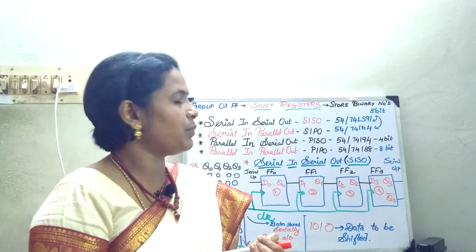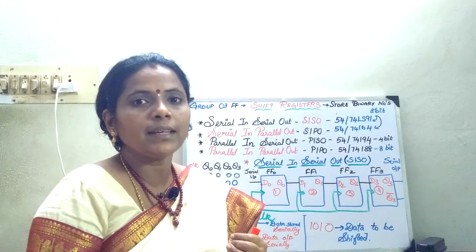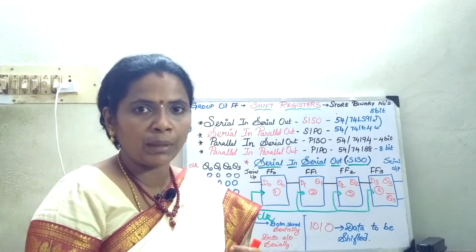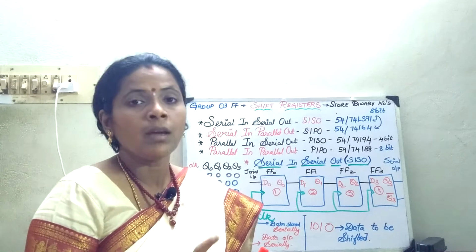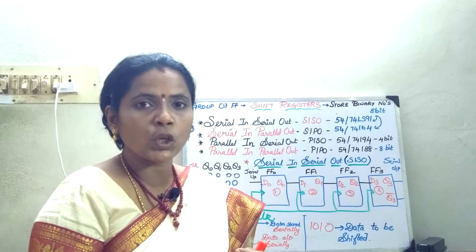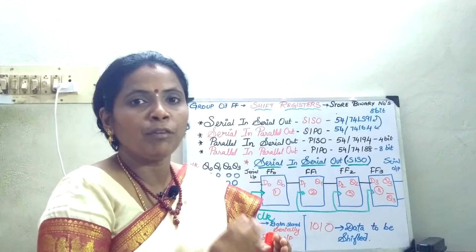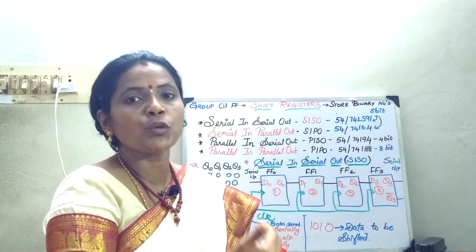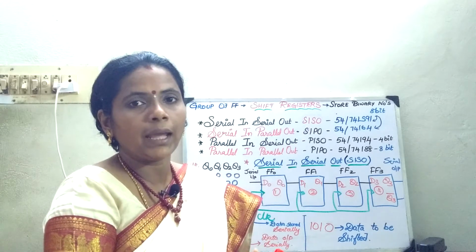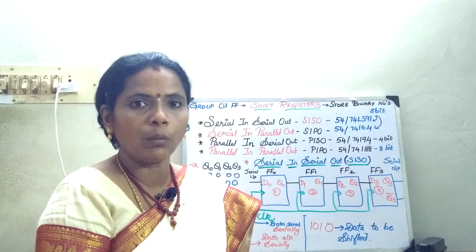Okay, so a shift register is nothing but a group of flip-flops. A flip-flop is a memory element which can store the data, a single bit of information. Either it can store a 0 or 1. So whenever I group the flip-flops in a designed fashion, it can be used for storing the binary bit either serially or parallelly depending upon the application required.